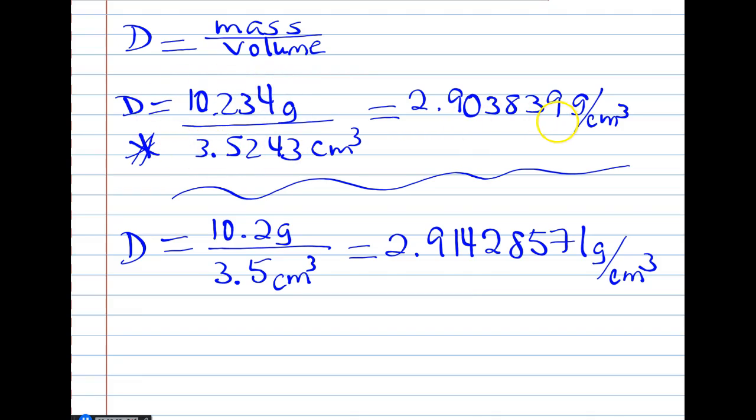We get different numbers. The second operation we did is a little bit less precise because we used different scales and different graduated cylinders, and we get a slightly different number. Those two numbers are different. They're different quantities. They're different results we would obtain in the lab. As you can see,